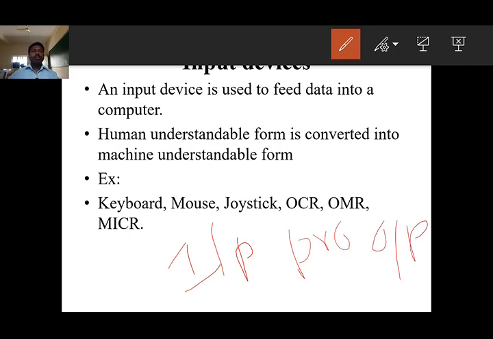So, the entire process we can divide into three phases: input, process, output.